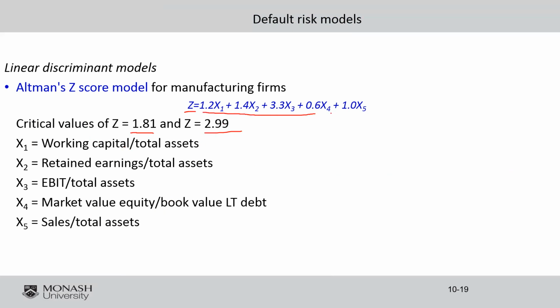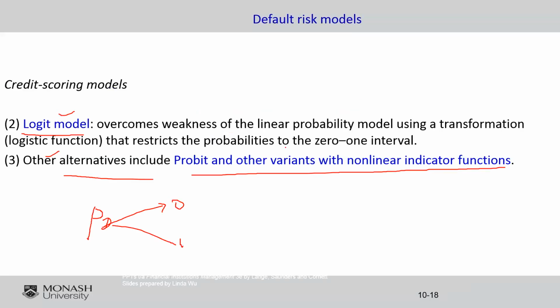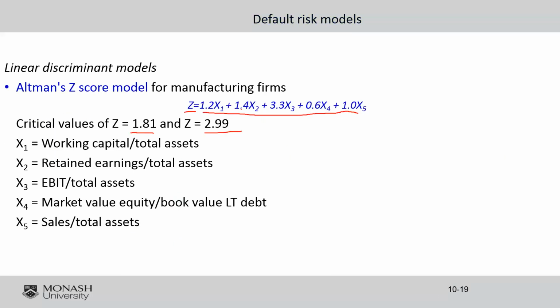It's 5 factors. PD, the probability of default model, is the linear probability model we just talked about, which is this one. This is 3 factors, and this is 5 factors. The Z value should be between 1.81 and 2.99. This is actually the benchmark. You benchmark here. So the benchmark is actually,